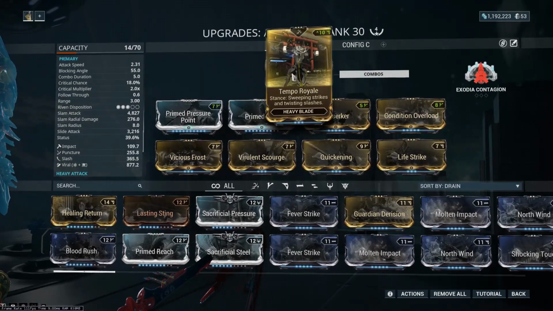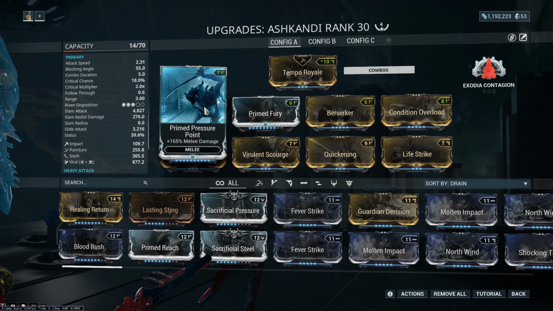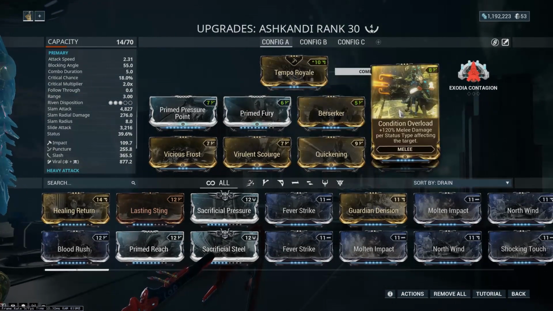But effectively, for the stance for my weapon, I always use Tempo Royale on heavy blades. I just prefer it. I enjoy those combos greatly, and the changes to melee weapons haven't changed that in the slightest. I still enjoy it a lot. I have Prime Pressure Point for damage, Prime Fury for attack speed, Berserker for even more attack speed, Condition Overload